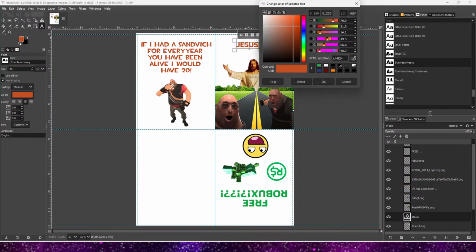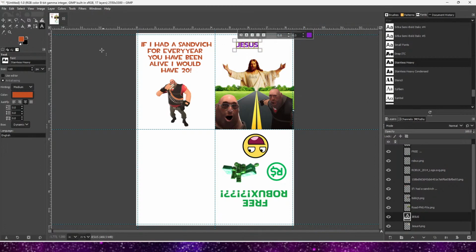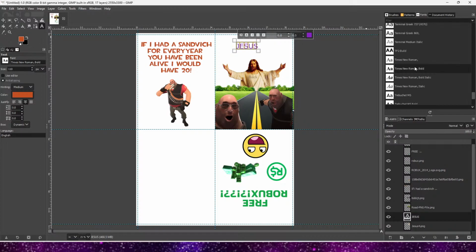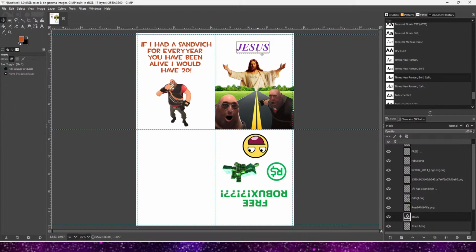I actually probably want to do purple for this. Different font for sure. Times New Roman caught my eye earlier. Maybe this would be good. Oh yeah, Times New Roman's the one. Increase the font size to 175 because it's a quarter. Because why not? And yeah,